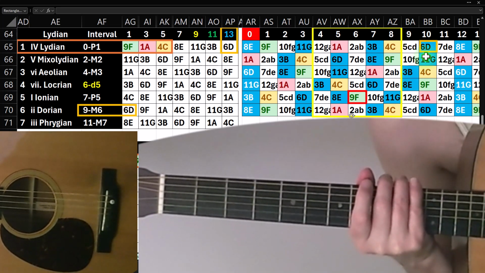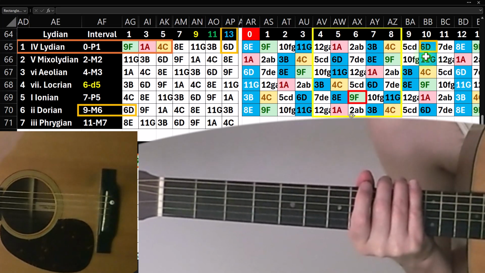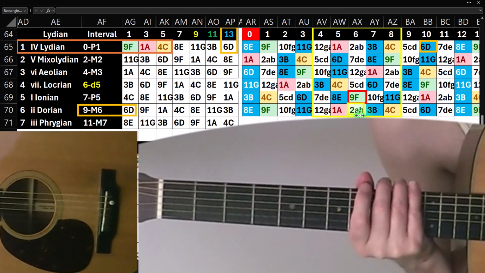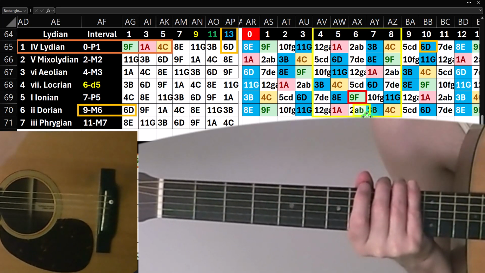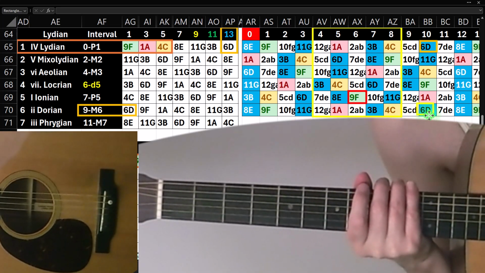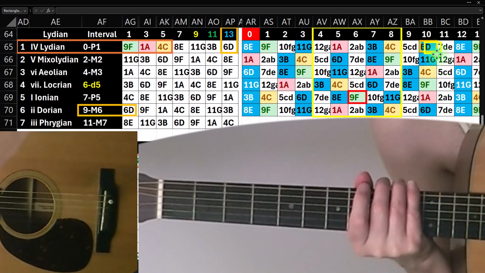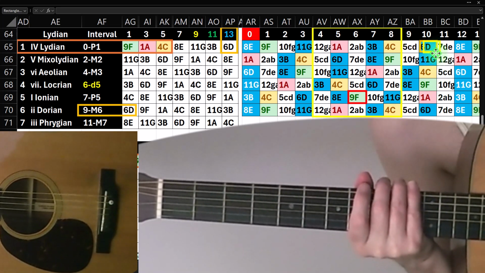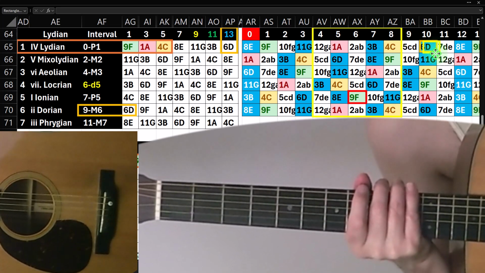That would be easier, because that way I wouldn't have to look for an inverse distance. Therefore, I can just look for 9 notes away, and I wouldn't have to cross the fault line. I can just count directly below it to get to 5, 6, 7, 8, 9. So if it's a D here, it's going to be a D on the top string. If I counted out on the top string, I would have to take the inverse distance, 12 minus 9, which